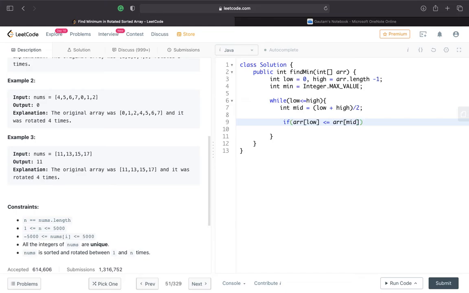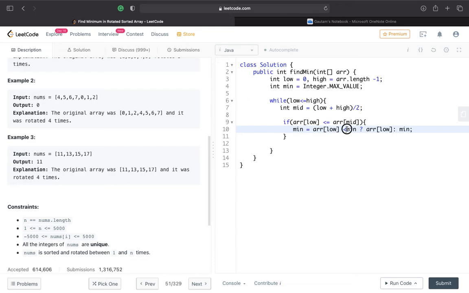If that's the case, we know that the left part is sorted, which means the first element of the leftmost sorted part is the minimum of that subarray. So we'll take the minimum: if ARR of low is less than min, then we'll take ARR of low, otherwise min stays.